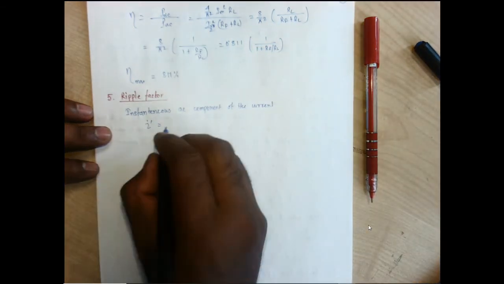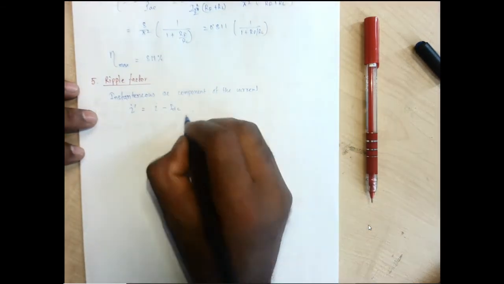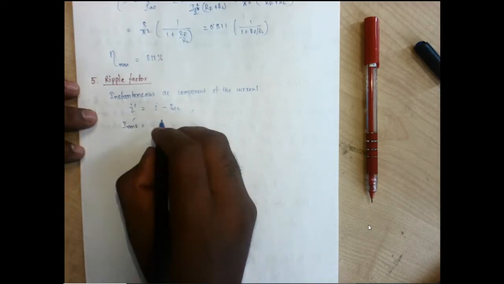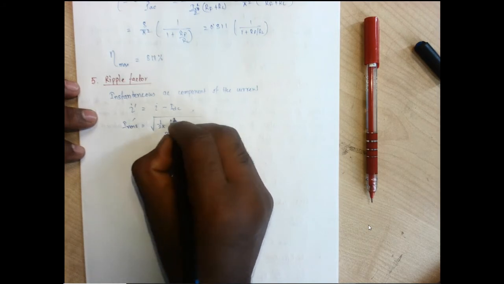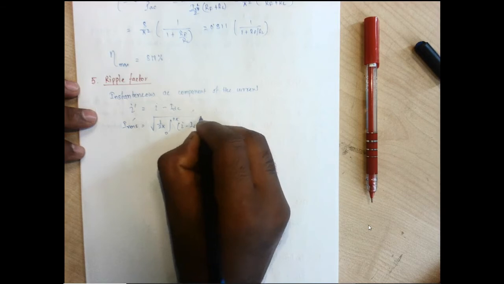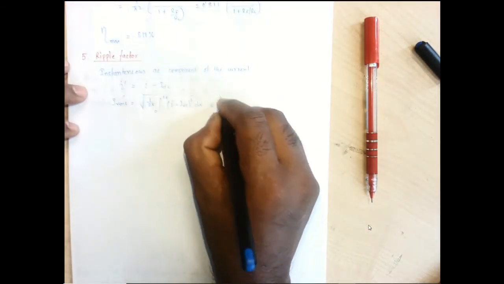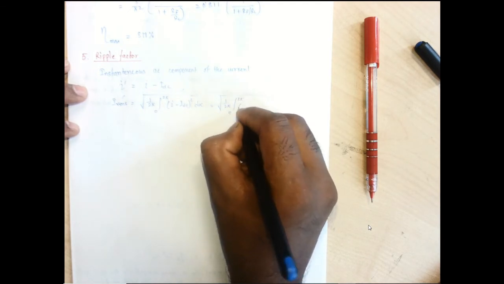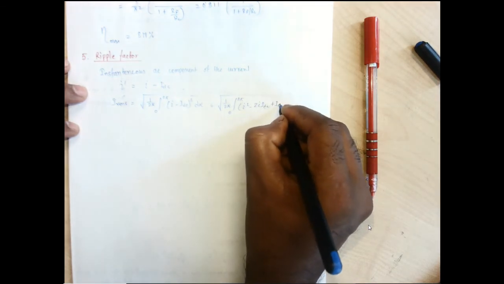The left out AC part, comparing with the input and the converted DC. So I RMS prime, due to this left out AC, will be 1 by 2π integration 0 to 2π of (I minus I DC) square d alpha. The same thing we can expand: I square minus twice I IDC plus IDC square.